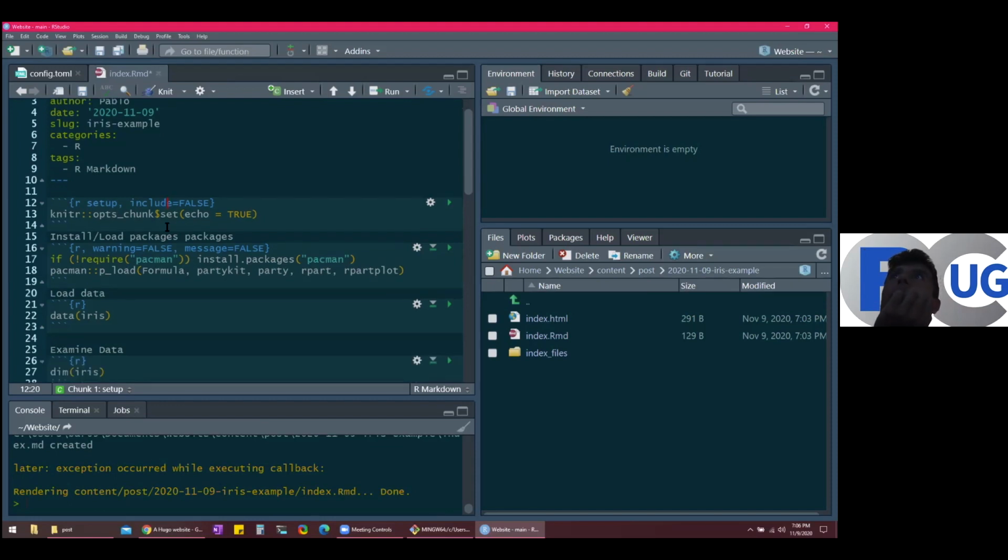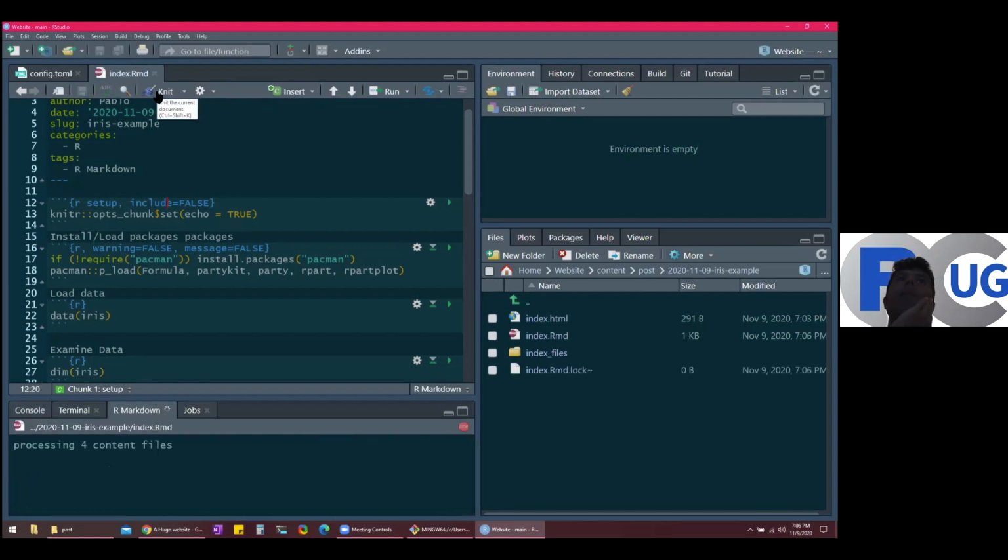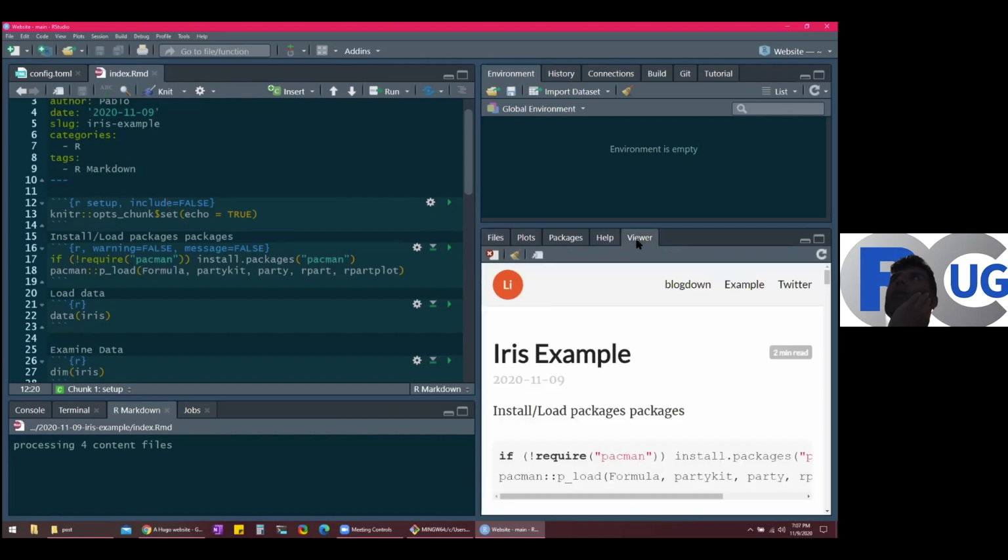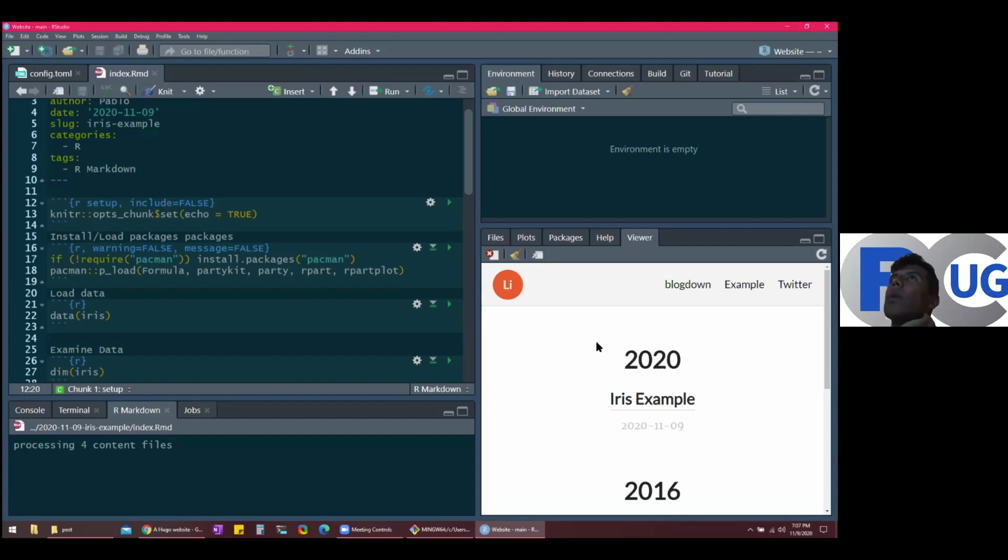So this is the post. Let's see what I'm doing here, let me run it here. What I did, I clicked on this button, knit, and let me see if it's short, oh, perfect. It's already there. So look at this. This is my website, right? We named it Iris Example. If I click on that,